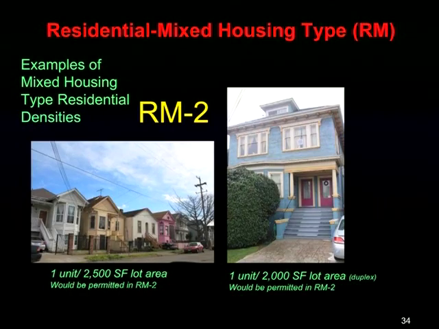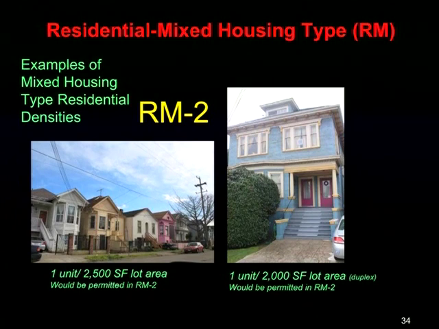The RM2 zone is slightly more dense than the RM1 zone and has more small lots, but still consists mostly of single-family homes. For lots smaller than 4,000 square feet, only one house per lot is permitted. On larger lots, you can build a duplex like the one pictured here on the right. If your lot is 7,500 square feet or more, you can apply for a CUP to do more than 2